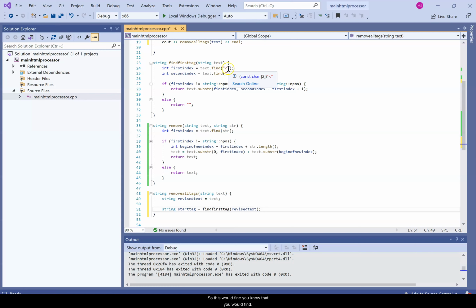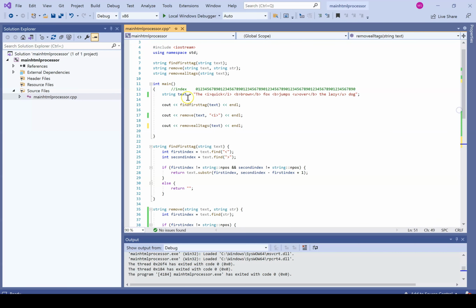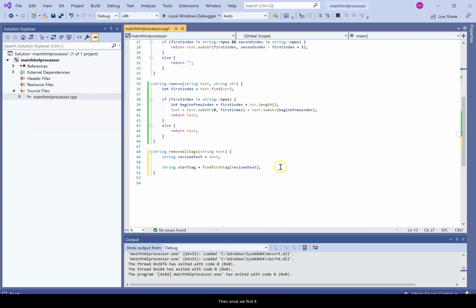So this would find the first one, which would be that one, okay? Then once we find it, we've got to do a while, and remember it could return blank, so while the start tag is not equal to blank, okay, then we could say string end tag is going to be equal to